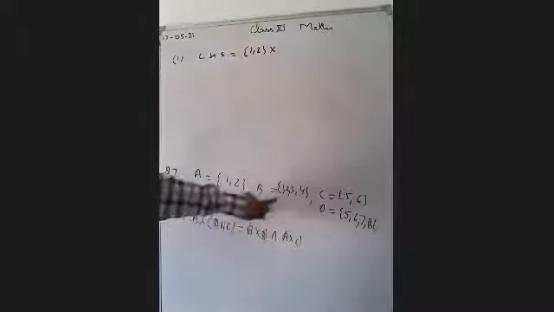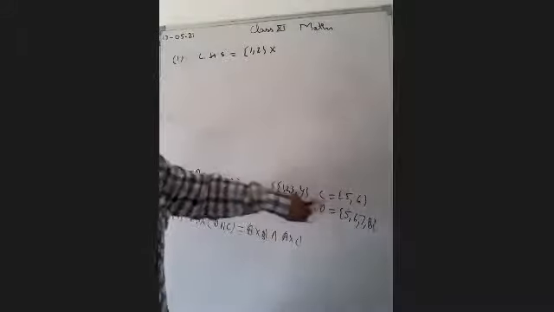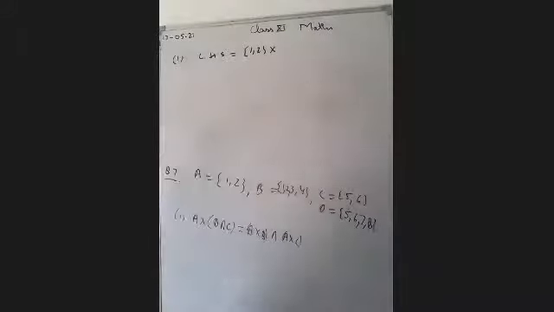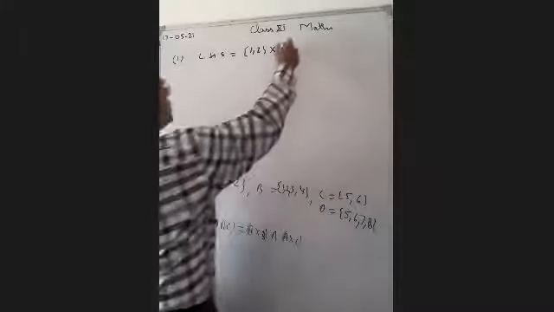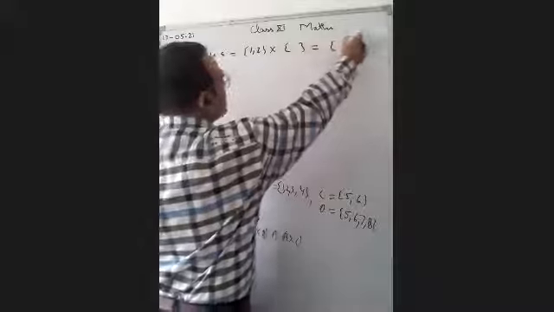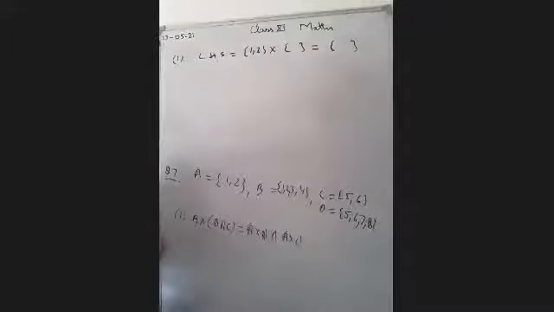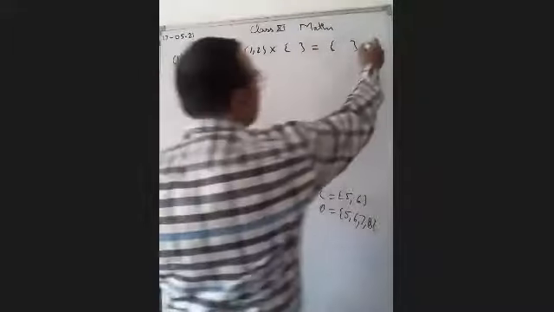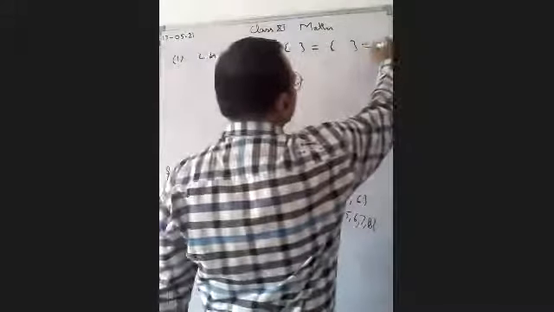So B intersection C, there is no element. है ना? B intersection C में there is no element. This is an empty set, so the result will be the empty set only. Empty set you can write 5 also. It depends on you. ठीक है, right hand side if we want to solve, so right hand side equal to A cross B. A cross B means first of all we have to find out all the elements of A cross B.